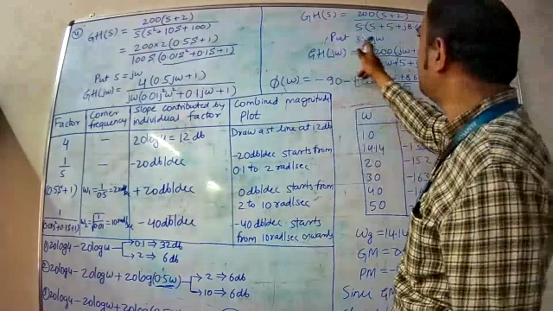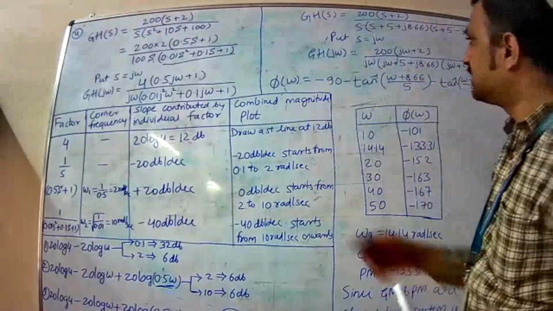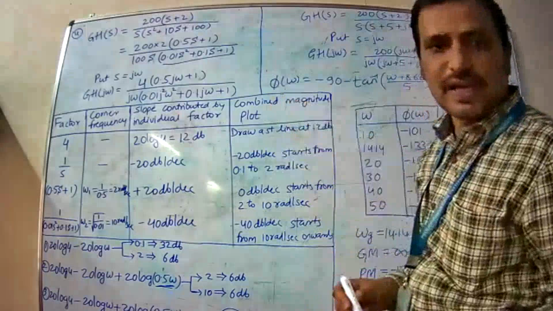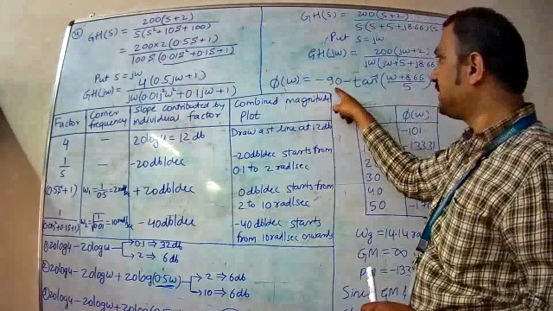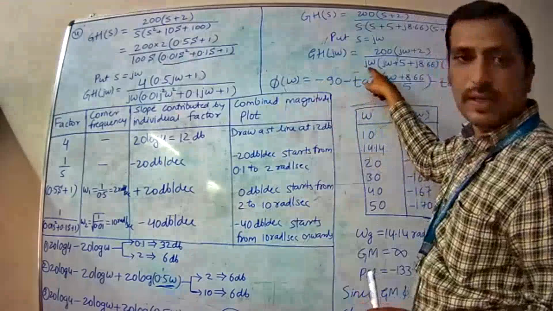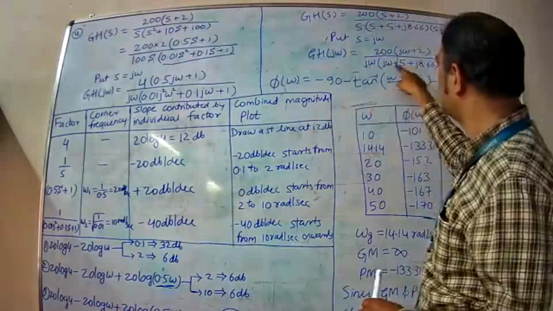Next, what we have to do? We have to put s equal to j omega. Then we will get the factors like this. Next, we have to write the phase angle equation. Phi of omega is equal to minus 90, because j omega is in the denominator, minus tan inverse of,